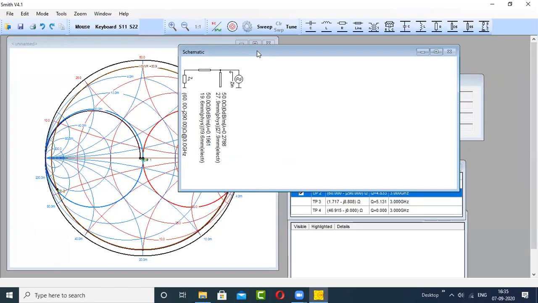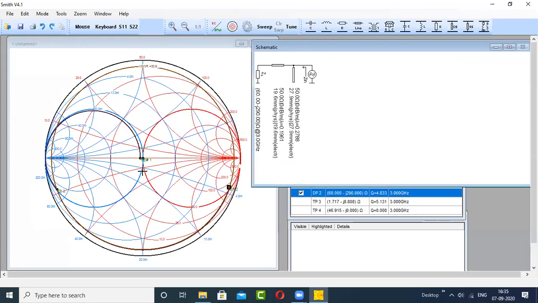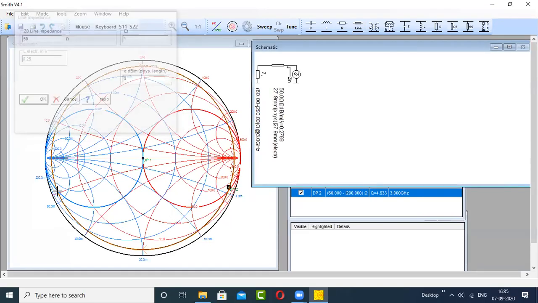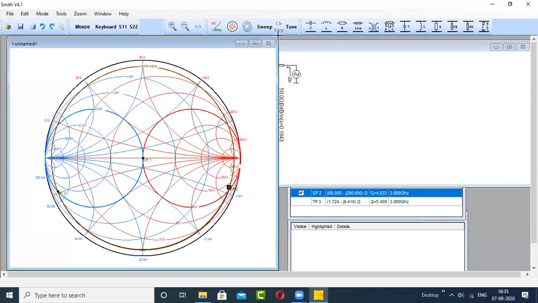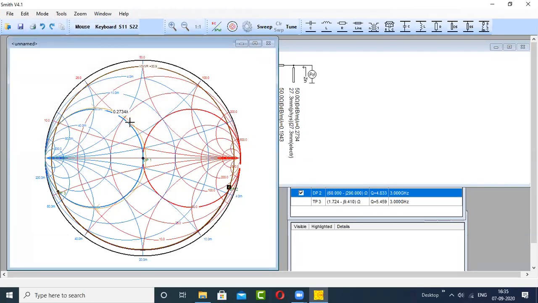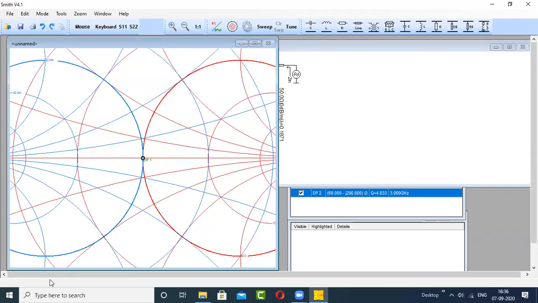One thing that we can do when you solve such a problem: whatever the Smith chart window is, you can maximize it, and it will give you a little more visibility. I have done it on paper only. No, I'm talking about the simulation software. In the simulation software, if you enlarge the Smith chart window this way, then you can draw it in a somewhat more accurate manner. Okay, sir.